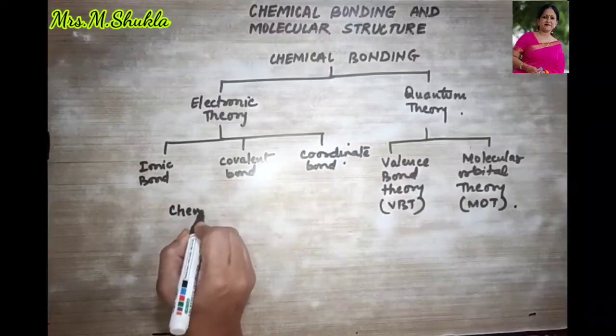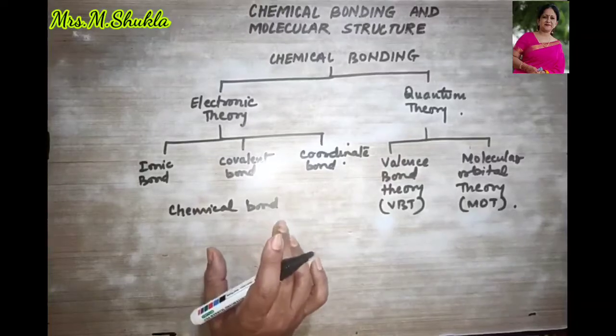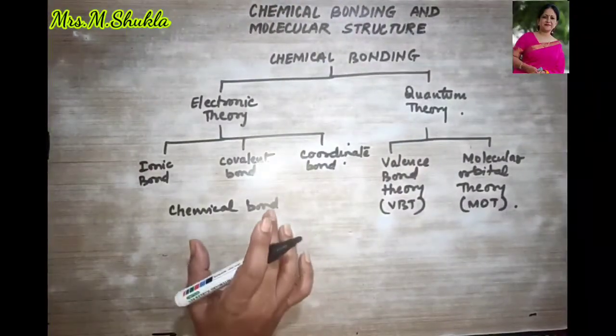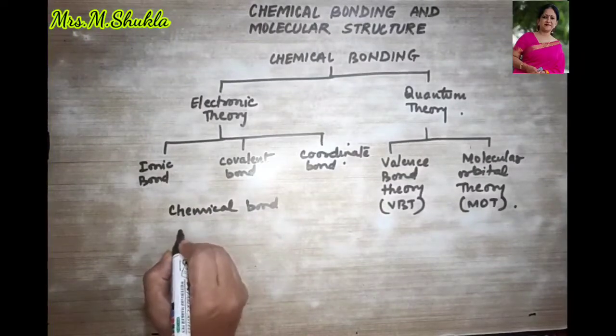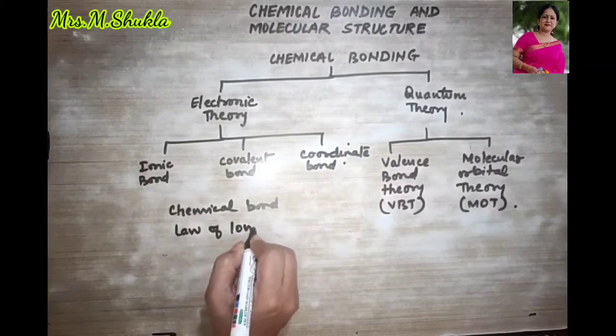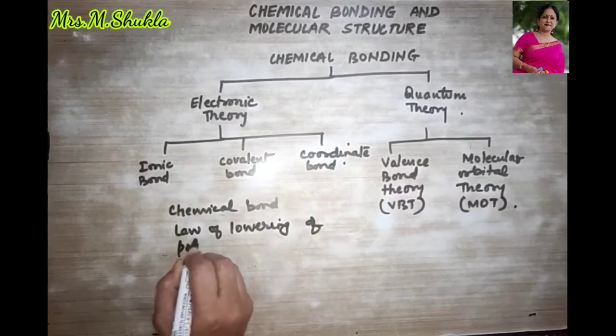It is called a chemical bond, right? And this chemical bond between the atoms is based on what? On the basis of the law of lowering of